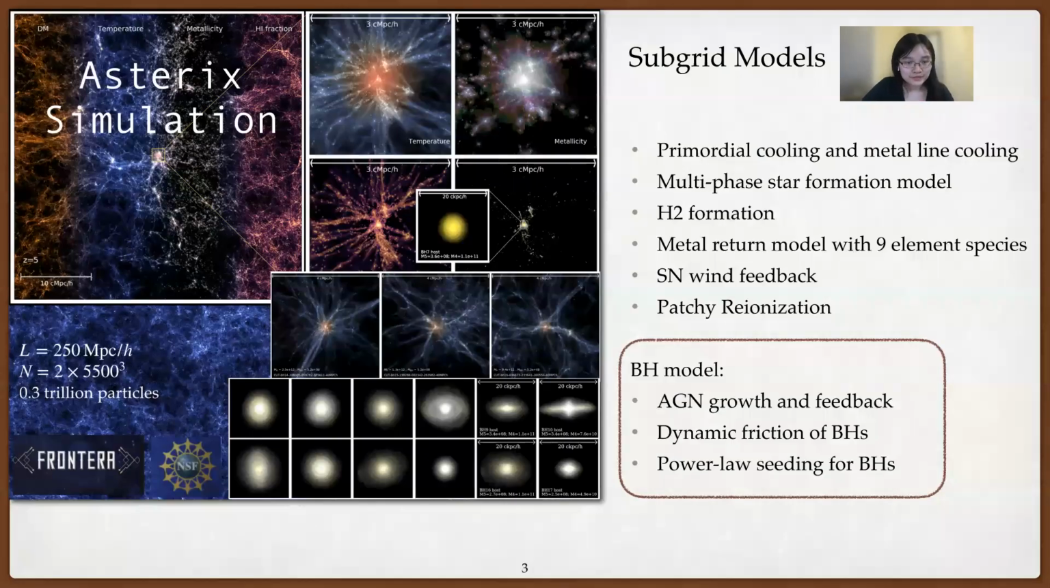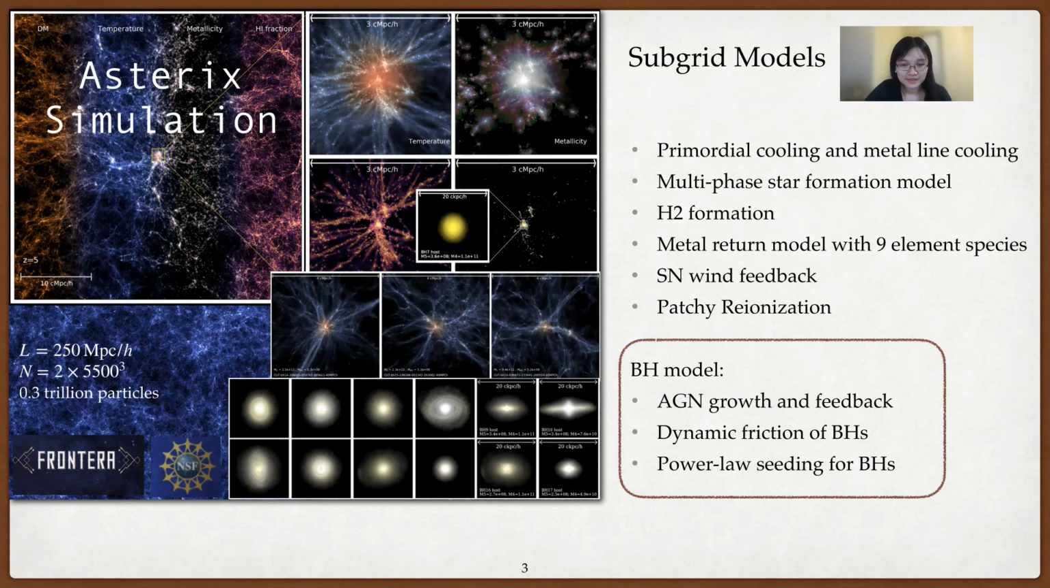We applied a bunch of subgrid models to model the galaxy formation and the massive black holes. Apart from the widely used cooling and multi-phase star formation and the supernova wind feedback, we also modeled the molecular-based star formation, and we traced the nine element species through the metal return model from star formation. We also apply a patchy reionization model that turns on the UV background in a pattern consistent with the formation